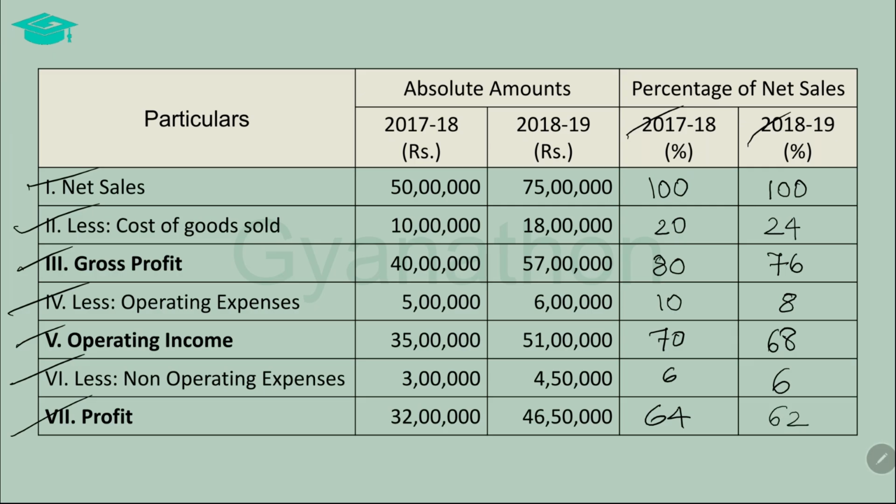So it means that for the year 2018-19, the company is earning a profit of 62% on net sales after deducting all the expenses. This shows a 2% decrease as compared to the earlier year. So here we calculated all the items as a percentage of a common base item, that is net sales. Now we can see how various items have either increased, decreased, or remained constant in relation to the net sales,